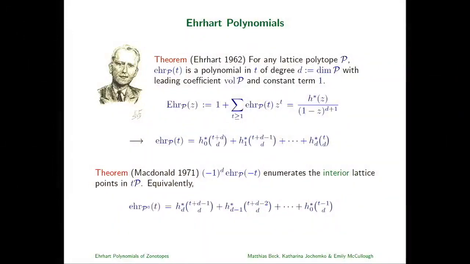As your t goes up, you're counting lattice points everywhere, and as your t goes down into the negatives, you're counting lattice points in the interior of your polytope as you dilate it. Okay, and so again, you can translate this in terms of my favorite basis, except that you have to shift the basis a little bit now. So it turns out if you translate this in terms of my change of variables for the H star coefficients, basically what you're doing is you're turning